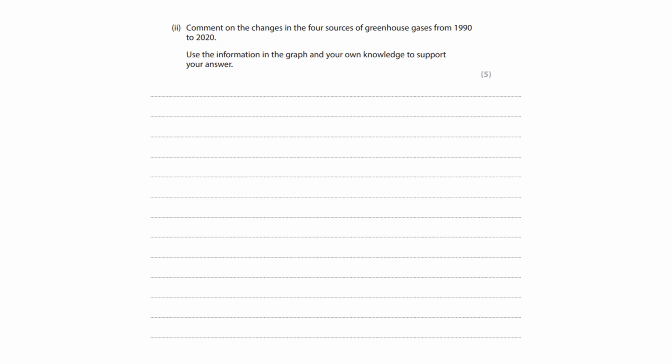So comment on the changes in the 4 sources of greenhouse gases from 1990 to 2020. Use information in the graph and your own knowledge. This is a very important point, your own knowledge. Obviously, use information from the graph as we saw the graph before. So the overall trend was that overall emissions fall. So that's my first point. Overall emissions